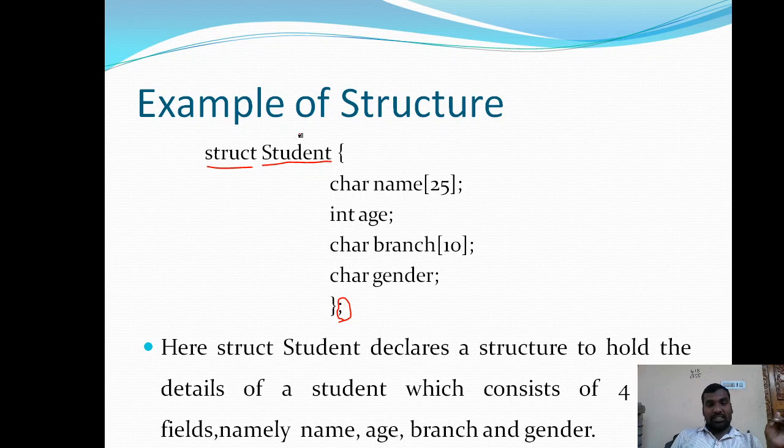So that is nothing but the structure name, that is nothing but student here. And in that, I am specifying 1 2 3 4, so a total of 4 fields, 4 different data types, and all are clubbed together, and now we are calling it a student structure, student type. Here struct student declares a structure to hold the details of a student, consisting of 4 data fields